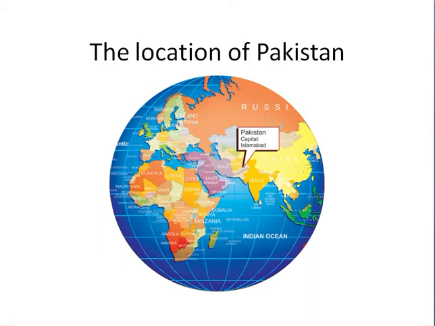We located Pakistan on the globe. Okay, so we learned about hemispheres, northern and southern hemispheres, and western and eastern hemispheres, and we learned about two main lines, equator and prime meridian. So if we have to locate Pakistan on the globe, what we have to do? We have to see the degrees.